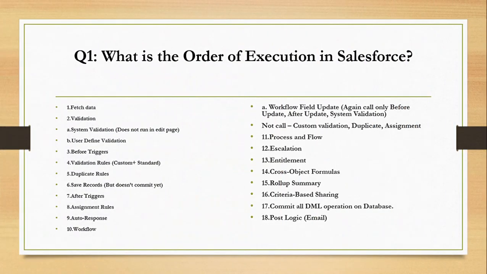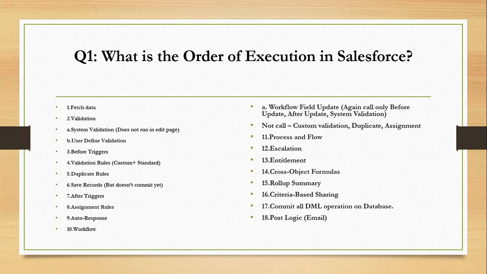So the first question is, what is the order of execution in Salesforce? The order of execution in Salesforce is, first, fetch the data and it goes for validation. After that, the validation has two parts, that is system validation and user-defined validation. Third is before triggers, and fourth is validation rules, that comes under custom plus standard. After that it checks the duplicate rule, then saves your record but does not commit,